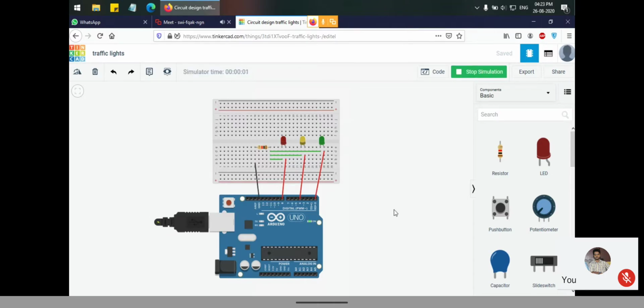These traffic lights are bright, sir. Okay, using one resistor, you have connected it to the three LED bulbs.